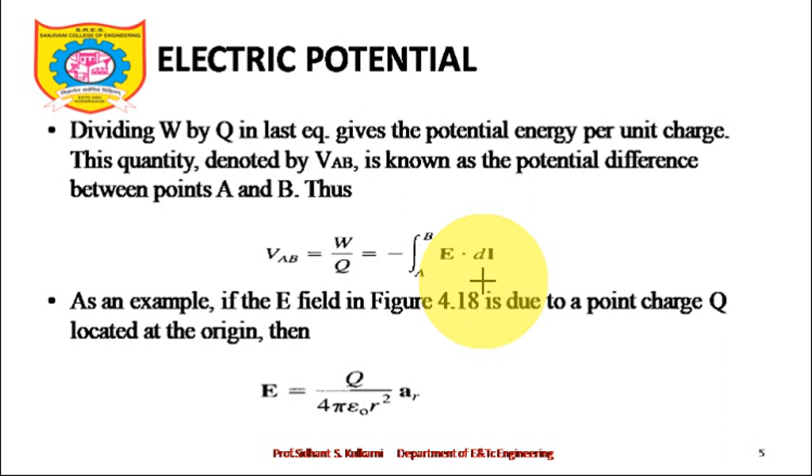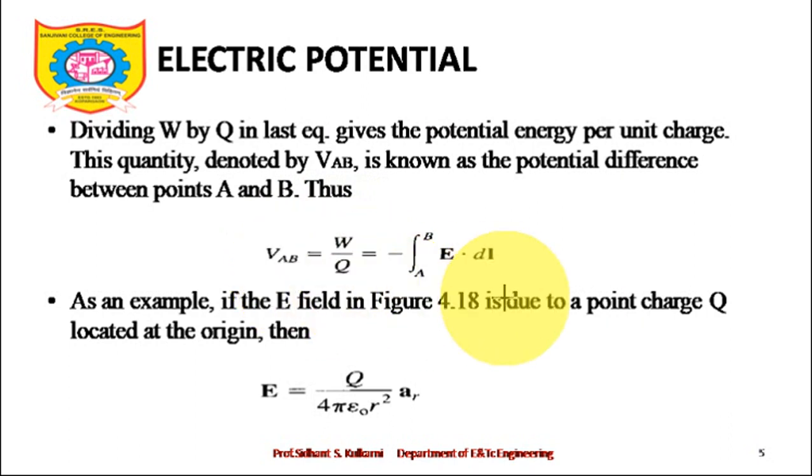My question to you is, what is potential difference? You usually say that this is a potential difference. What is the definition? The definition of potential difference is the amount of work done in taking a unit positive charge from one point to another point against the electric field. So VAB, potential difference, is work done per unit charge.